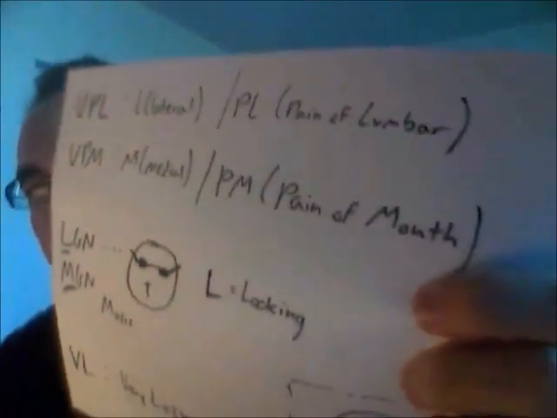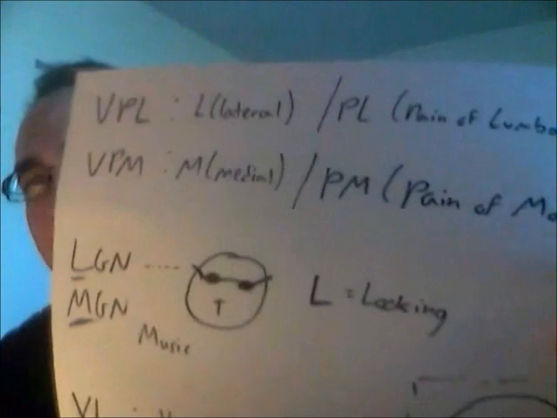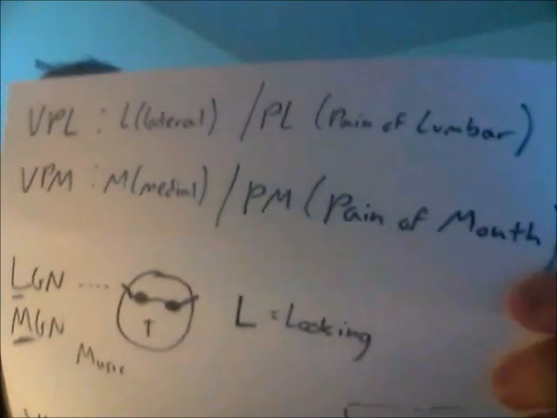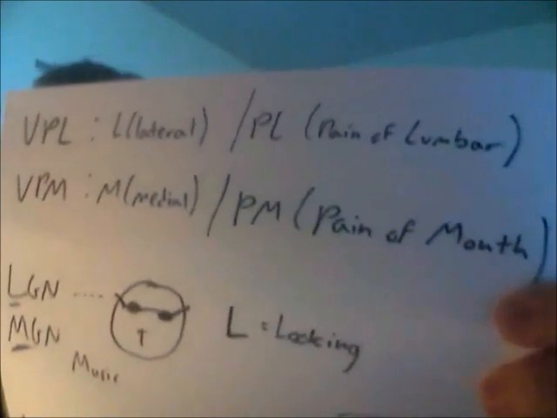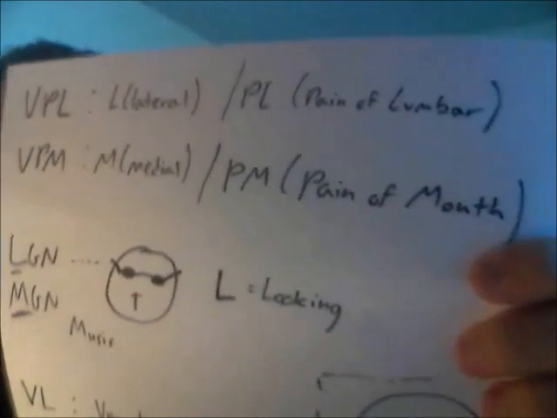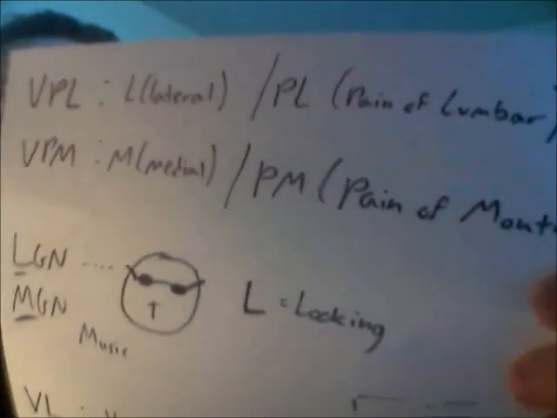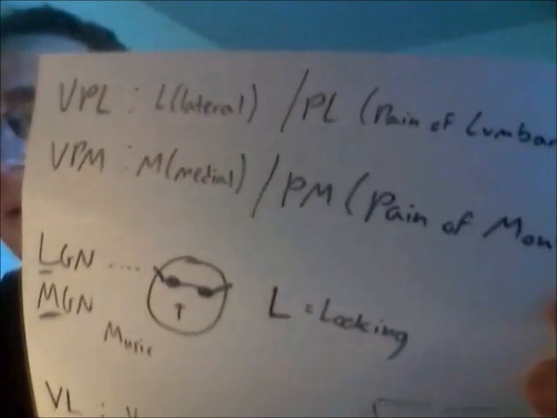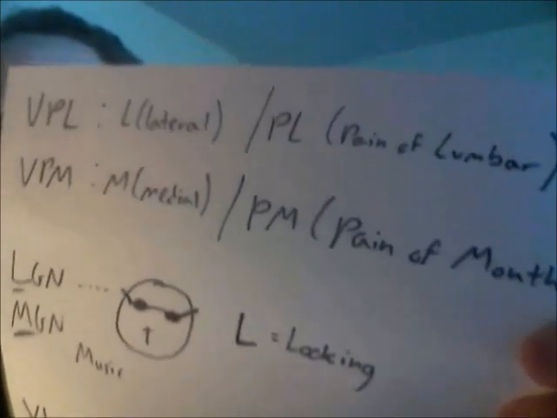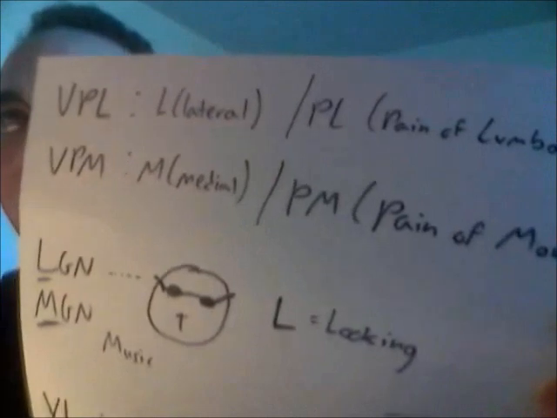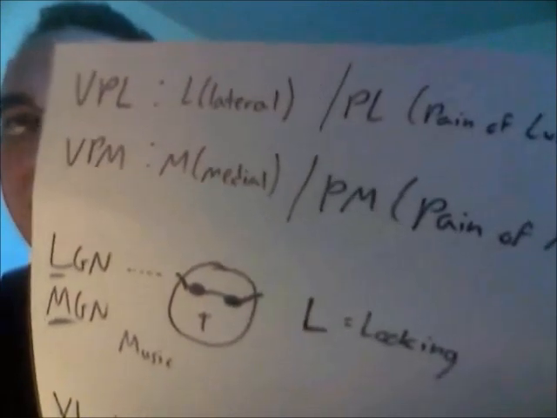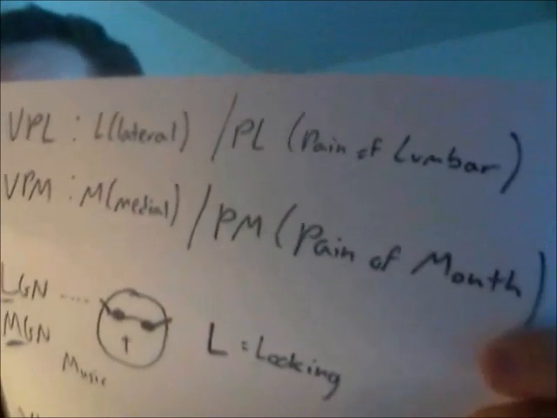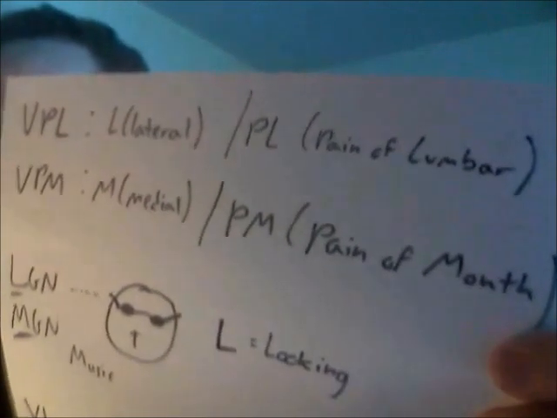You have your ventral posterior lateral nucleus, and it gets the sensation from our spinal tract, so of the extremities and trunk. If you want to think about it, VPL has an L, lateral, your extremities are lateral, or you could think PL is like pain of lumbar. So at least you can remember that this is a lower thing that's getting the sensation,